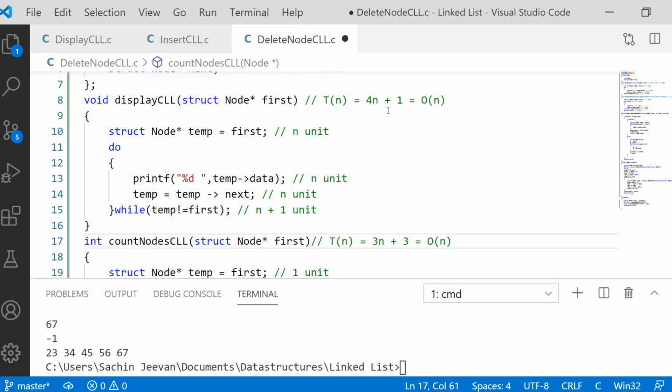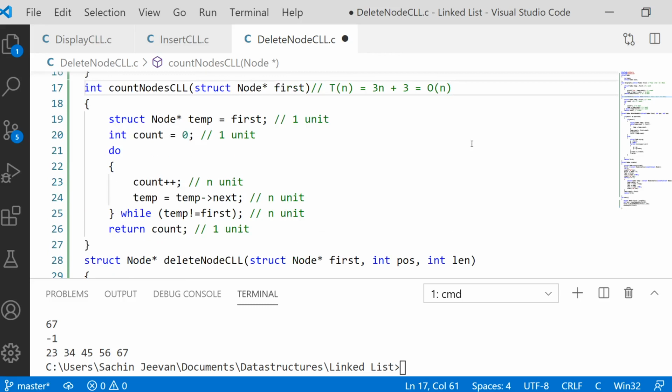Time complexity is fine here, but what about the space complexity? I think we have taken 3 different blocks: one is first, another is temp, and the other is count. Only 3 blocks. So 3 blocks is constant space, right? Whatever the input might be, whatever the value of n might be, we will be taking only 3 blocks. It is not going to change with respect to input, so it is called constant space.